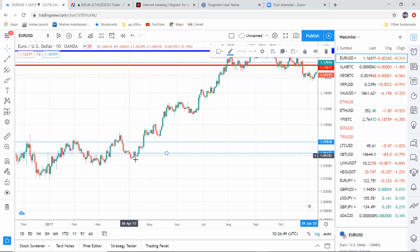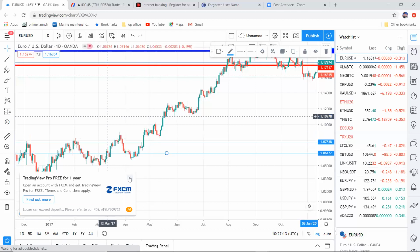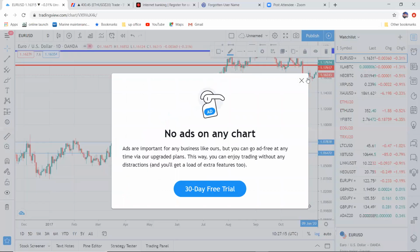Let's say this was on 15 minutes, the market could turn around here and run up, but the daily trend is still down, and even though it looks like it's running up, you place a buy here and a couple of hours later it's turned again to run down. Whereas if you're on the day, if you're basing it mostly off the daily,